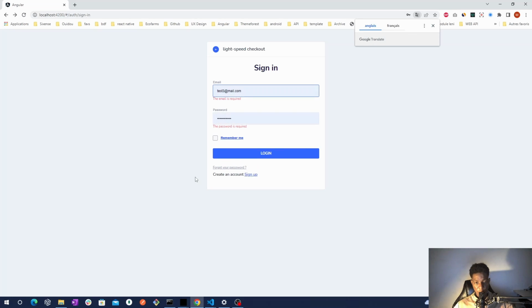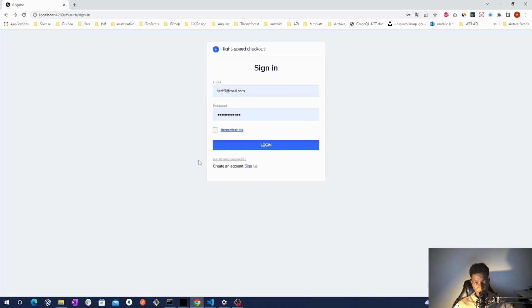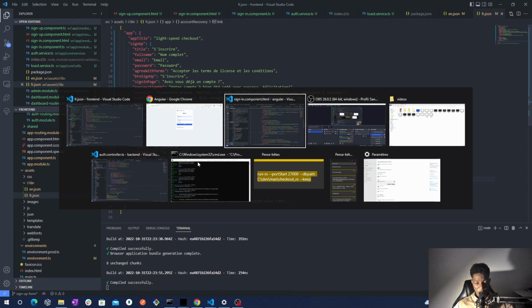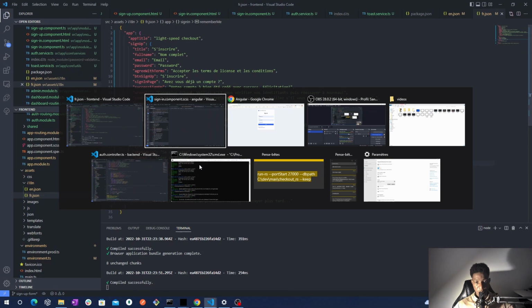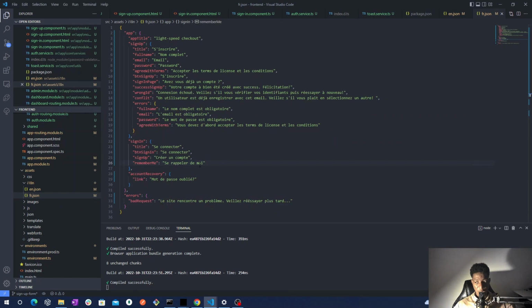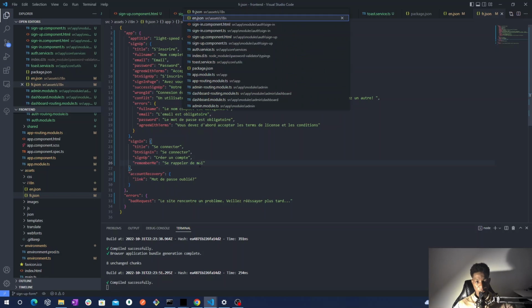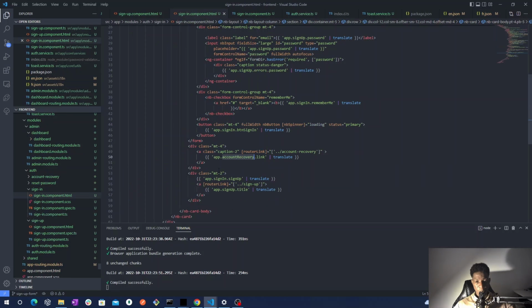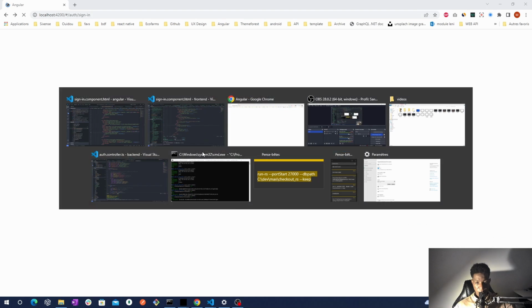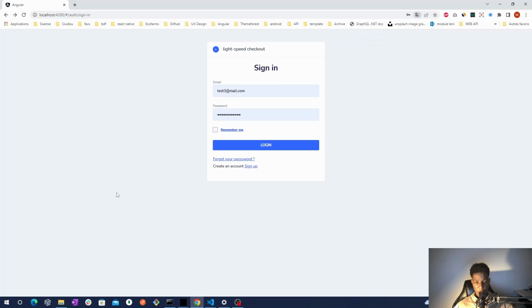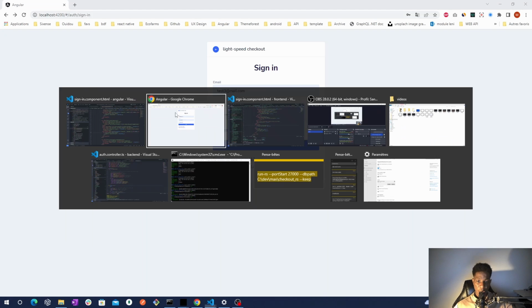So now we will reload and here we got our link. So very basic, but we work with that. Maybe I will just remove the caption. Yes, here the caption. Yes, we just remove the caption maybe. Okay, that's better. So now we will create our account recovery